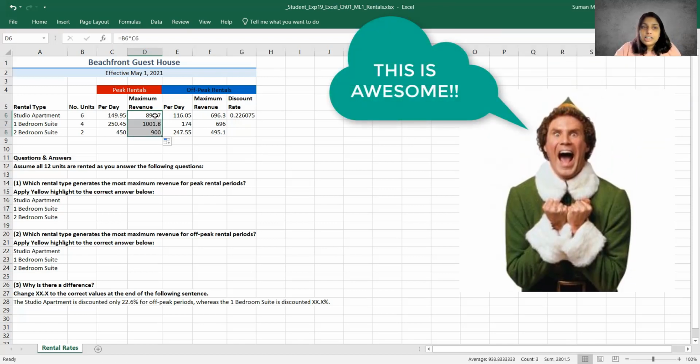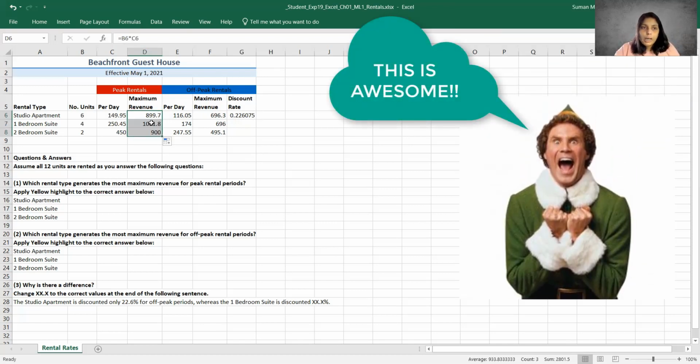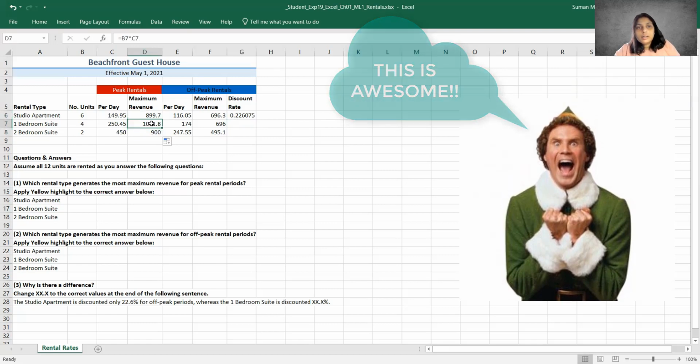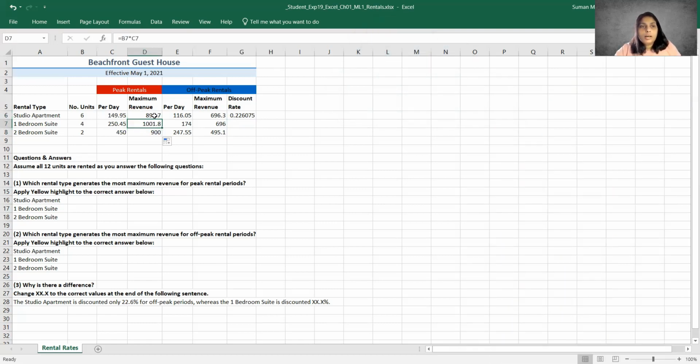What that does is it does something called a cell reference. Because Excel is calculating the same cells all the way down, so for row 7, I'm calculating 7. For row 8, I'm calculating 8. For row 6, I'm calculating 6. It is able to automatically fill that pattern.